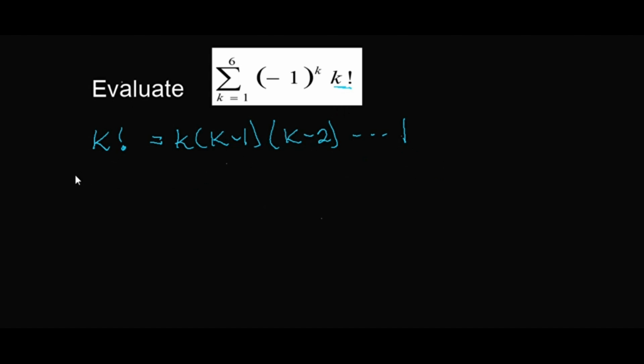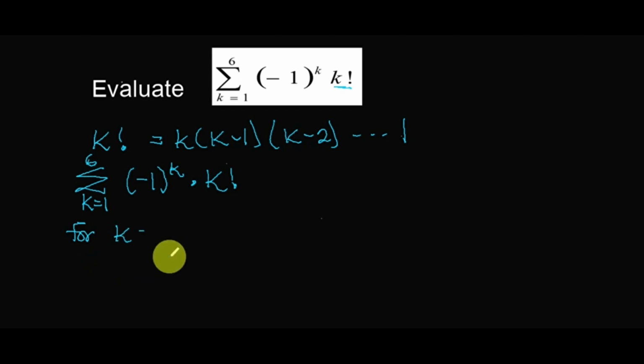So therefore, if you have sigma of minus 1 raised to the power k multiplied by k factorial, and we have k running from 1 to 6, meaning that we are going to use the k value starting from 1 and substitute it in this expression and get the value that corresponds to that. So for